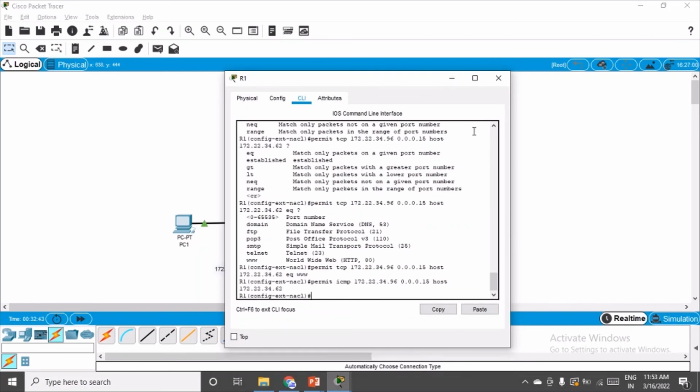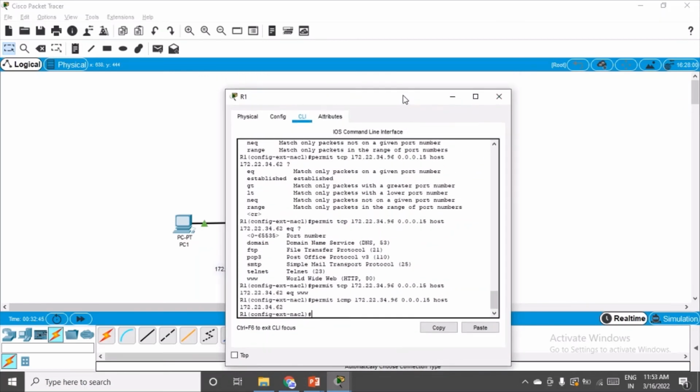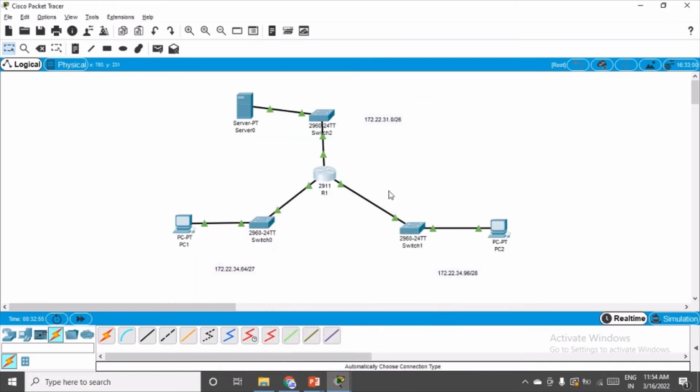So once the access lists are ready, the group we have to apply on the interface. So for that we have to go to that interface where we can apply. Of course we were talking about this network, so let's apply this group here on this interface, that is gigabit 0/0. Okay,